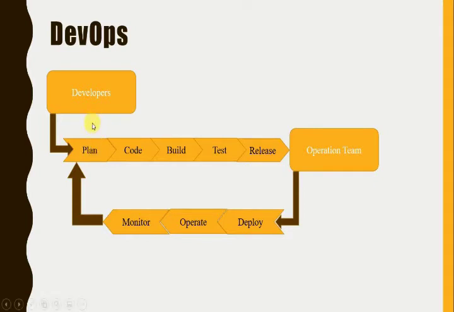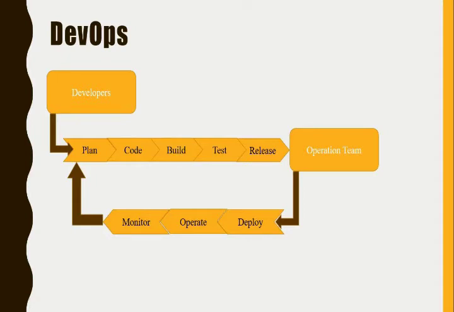The third stage of the developer is to build the application. When the developer thinks some part is ready to deploy, he builds that part, meaning he makes that portion of the application in deployable form. And then the fourth stage is testing. Then he tests the application to check whether it is working properly or not. Then the fifth stage is the release phase. In this phase, the developer hands over his code, his application, to the operations team for deployment. The first task of the operational team is to deploy the application.